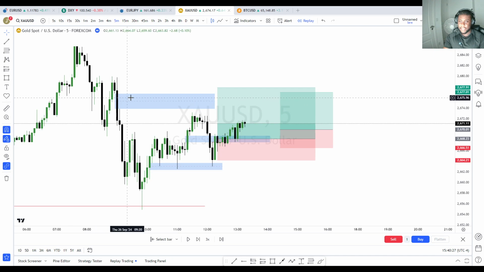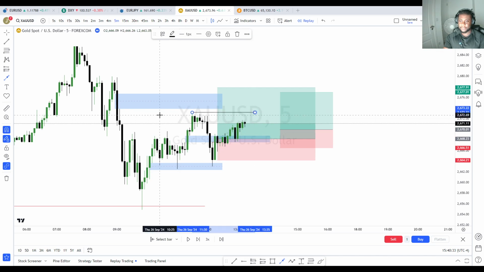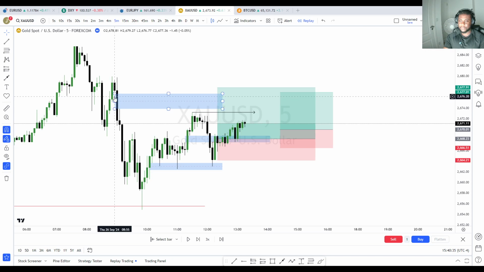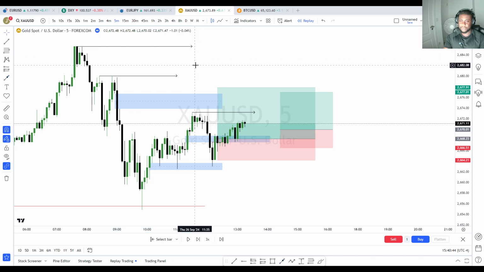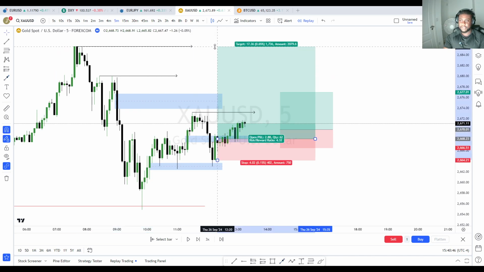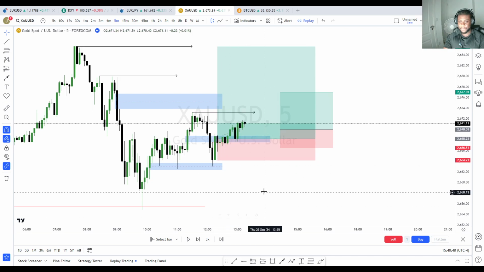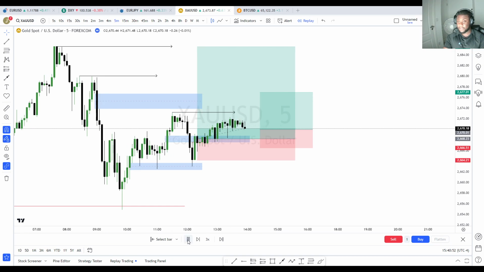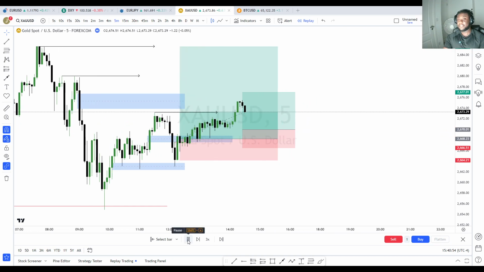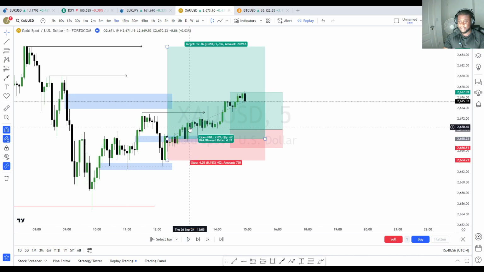We had other targets. Our first target is this 5 minute candle's high. Then our second target would be the imbalance. Then our third and fourth target would be the liquidity resting above this high, and then of course all-time highs for gold. Initially this trade has been stretched out a lot higher, but we did pretty much hit TP1, TP2, TP3. We haven't hit TP4 as of yet.